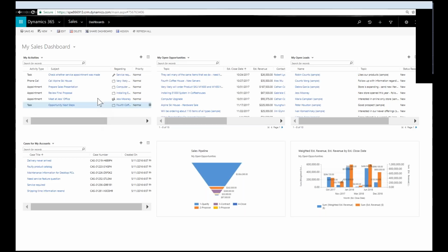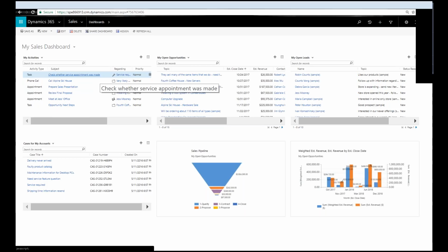And so one way that I like to do that is by creating all my tasks in CRM. What that gives me is a list every time I log into CRM of what I need to do next. So as I can see here, these are my open activities that need to be completed. I can assign myself due dates. As we'll see later, some of these are going to be created via workflow. And so when I get in first thing in the morning, maybe it's a Monday, and I'm still a little disoriented, haven't had a cup of coffee yet, I can jump on and just get a good feeling for, okay,